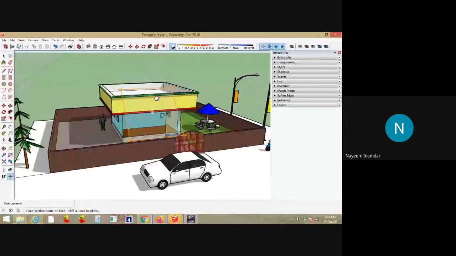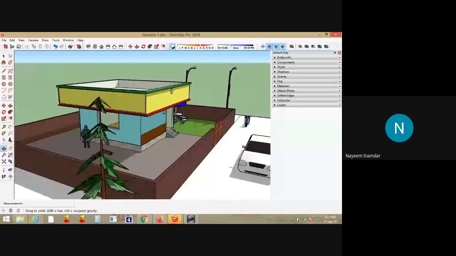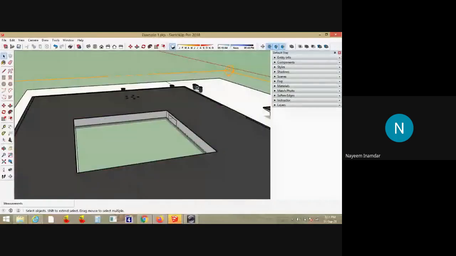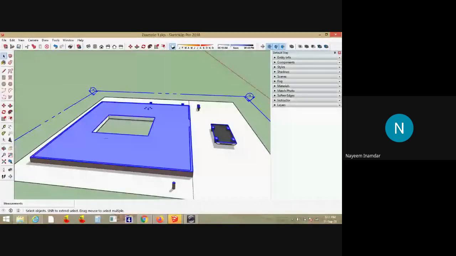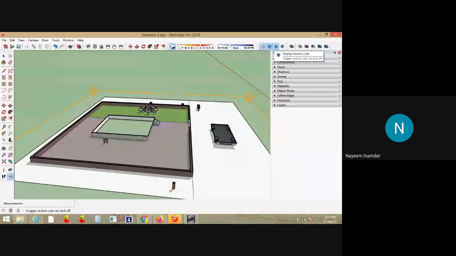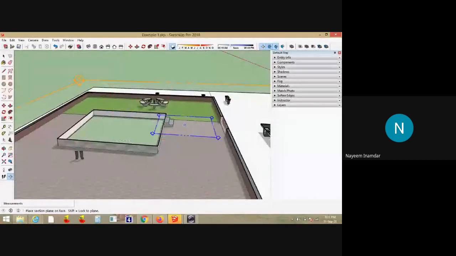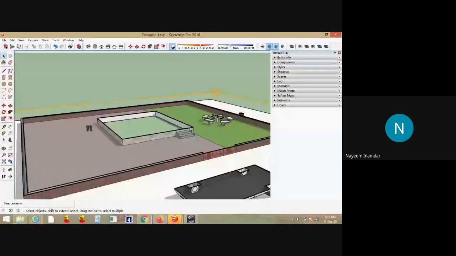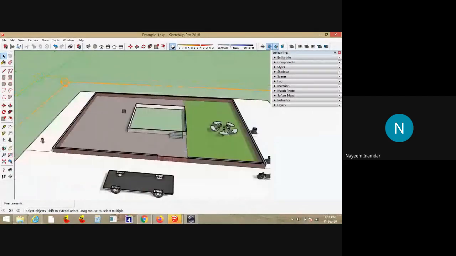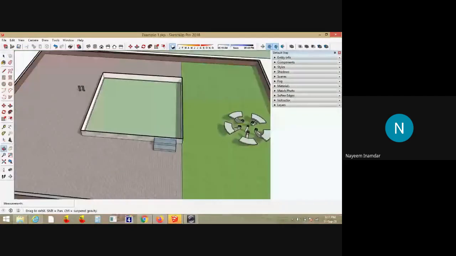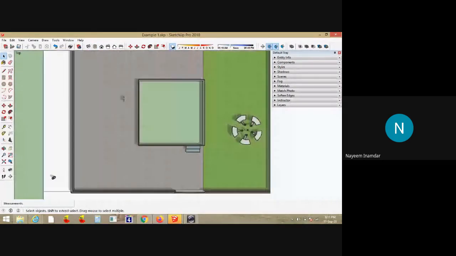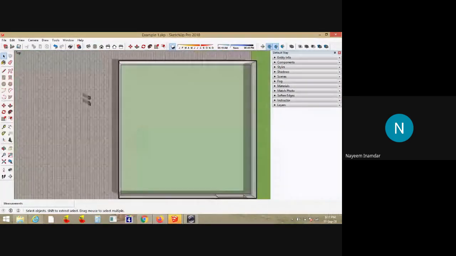Here what I'll do, I would like to have a section at a certain level horizontally. I'll cut it here. You can see everything is cut at this level. So this shows the plan, because I am using the section plane here.